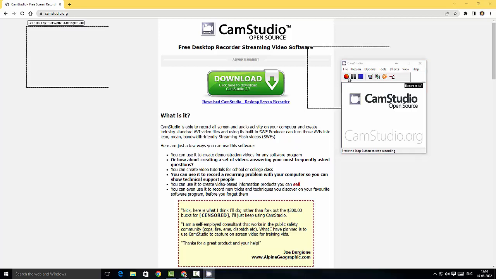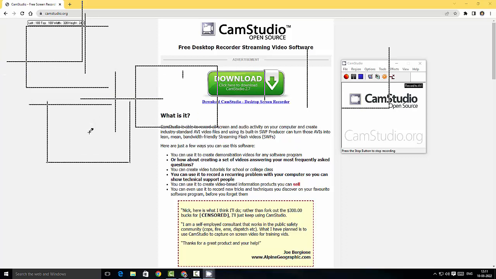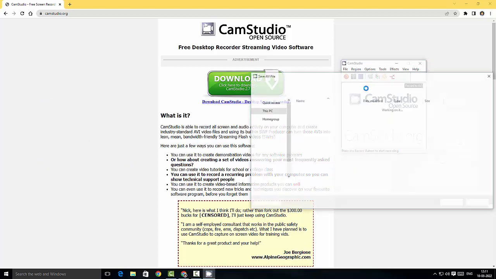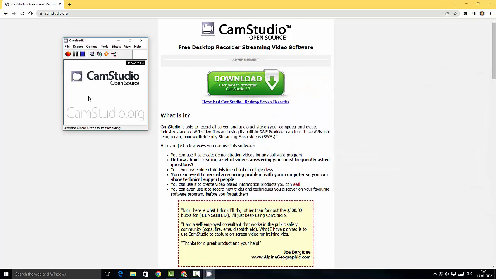So if I click on the record button here, as you can see, I have a particular area where I can select. There you go, the recording has started. I'm just going to quickly stop this just to show you. Alright, so once the recording is completed, it just tells me to actually save the video. I'm just going to quickly cancel here. Alright, there is no option like dragging or anything, so I'm just gonna click on the region button again, and